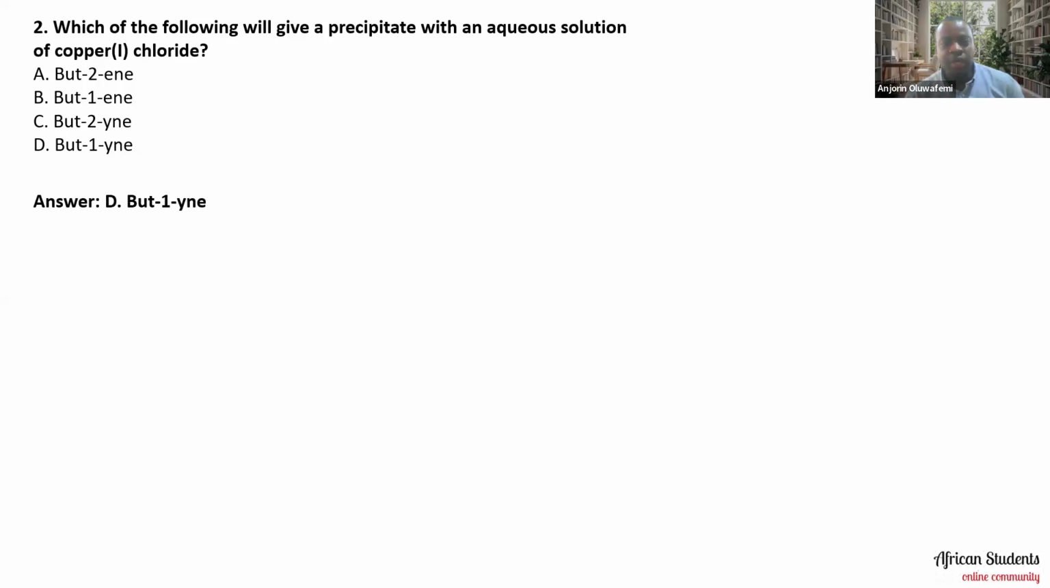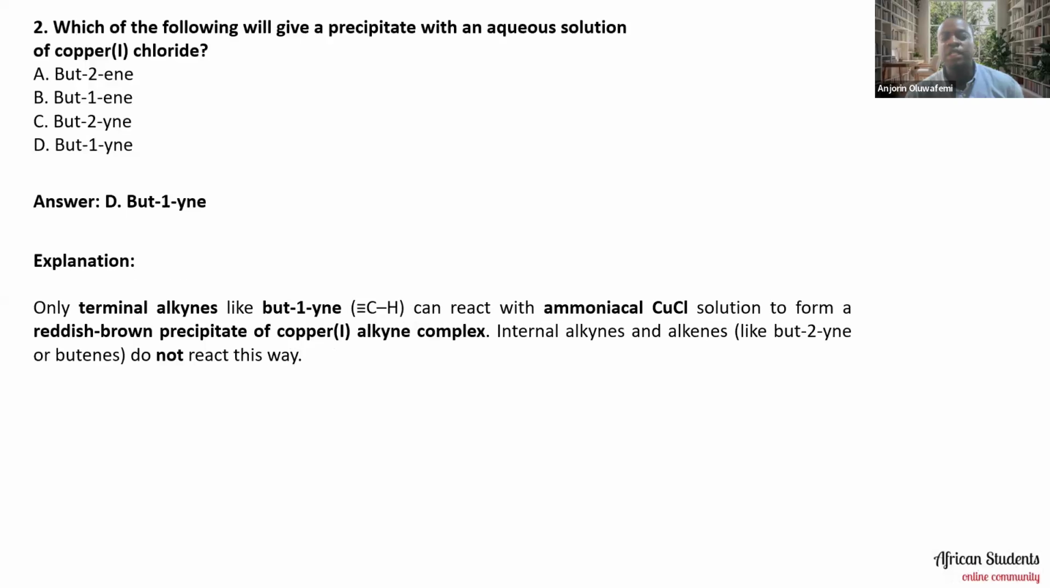An alkyne, that's with a triple bond. The reason for that is because only terminal alkynes like but-1-yne can react with ammoniacal copper(I) chloride solution to form a reddish brown precipitate of copper(I) alkyne complex. Internal alkynes